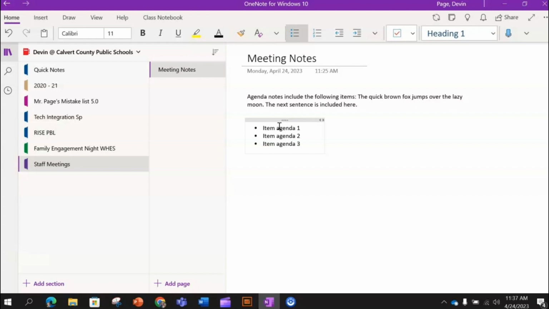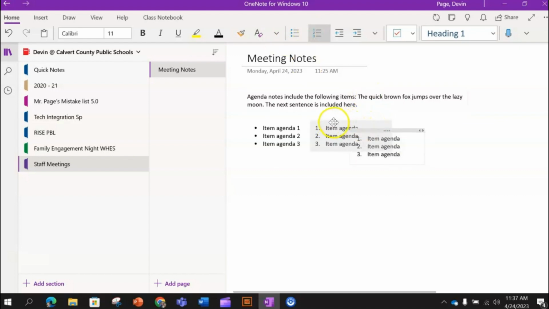And then you can see that you just have a bulleted list of whatever you might need to keep track of. Another thing you can do is enumerate your list. So if I put the cursor here to the right, depending on what you've already done, you have to be careful about creating a new text field. So now the cursor's right here, and I'm going to click the numbered item, and then I can do the same thing that I did before, except it's enumerating it rather than just bullets. So you can do that. It's pretty convenient for you to take notes and have a list of things that you want to keep track of.